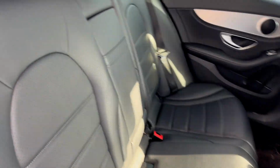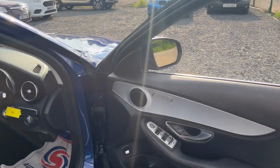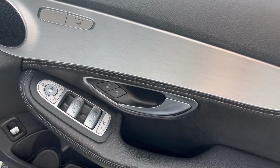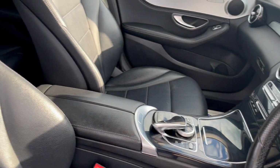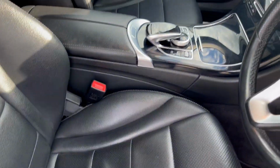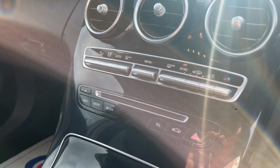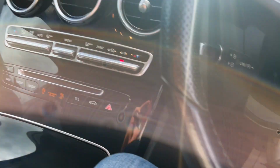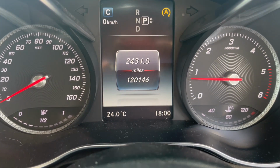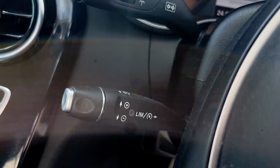Full leather seats, or Artico, whatever it's called these days. Heated front seats, electric mirrors and windows. So I'll just start the car up, excuse the sun. It's done 146 miles. We've got paddle shift on the gearbox, cruise control,